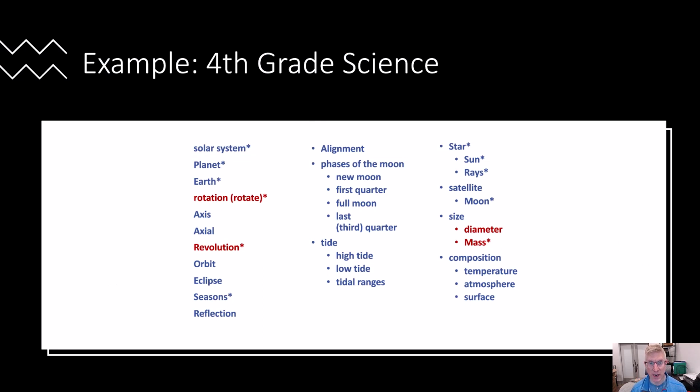First, we're going to look at the 4th grade astronomy unit. Now, as you look at this, you'll notice that some of the words are starred or asterisked. That means that the county has identified these as vital. Now, for this unit, I, however, have decided to use the words in red as part of the Frayer model and direct instruction. Now, this doesn't mean that I don't expect the students to know words like solar system, planet, earth, seasons, but I know that through my instructional process, we're going to nail these words and we're going to